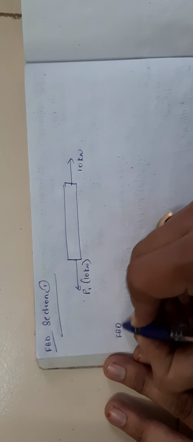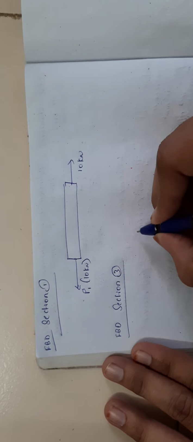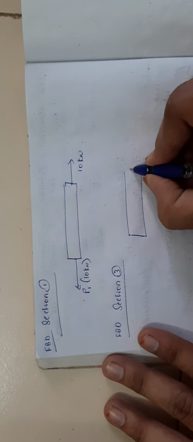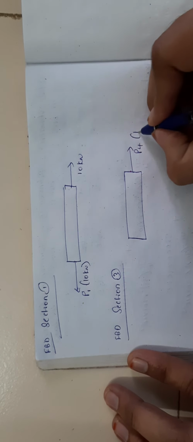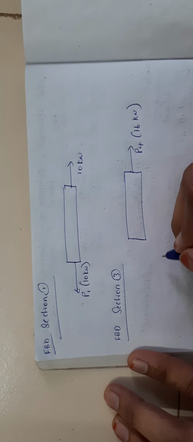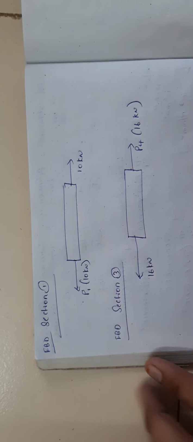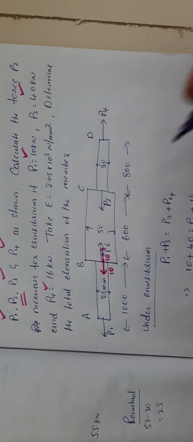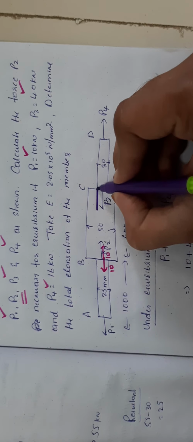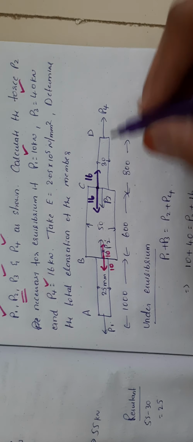Free body diagram for section 3. So section 3 I am drawing. Okay, and there is a force P4, a force of 16 kilonewtons, which is acting. So the same 16 kilonewtons will be there this side, in order to keep this member under equilibrium. So here what you do is just add 16 this side, 16 this side. Okay,